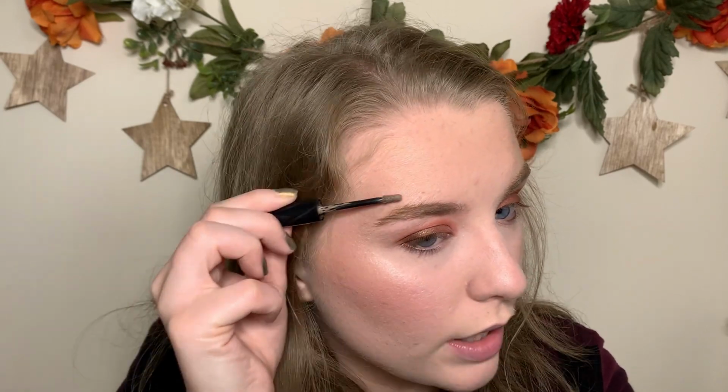It does a really nice job of adding a little bit of a tint to your brows, but it holds them in place so well all day long. I'm not sure if this would be great if you don't really have any brow hair to begin with, but if you're already pretty naturally bushy browed, I don't know if I have bushy brows, but I definitely have brow hairs. If you already have a lot of brow hair naturally, I think this is a really, really great option